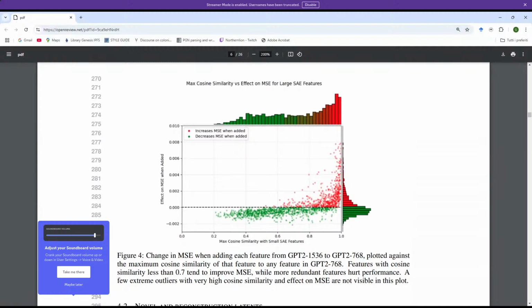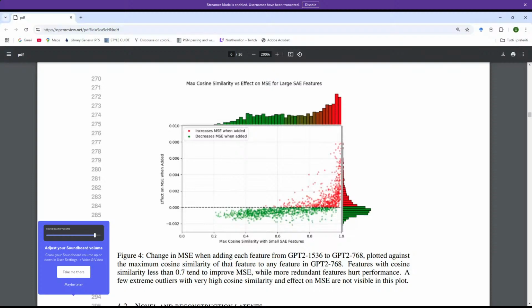And they find that if they add the latents that have low cosine similarity, they always improve the mean squared error. While if they add latents that have high cosine similarity, sometimes or most of the time, they increase the mean